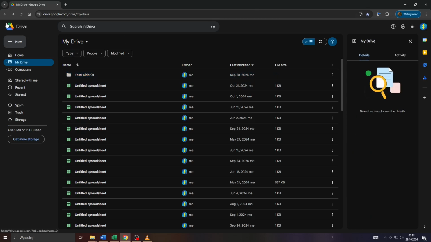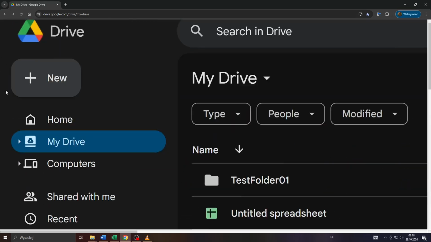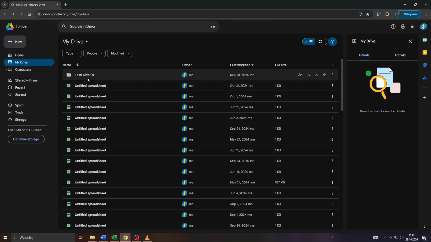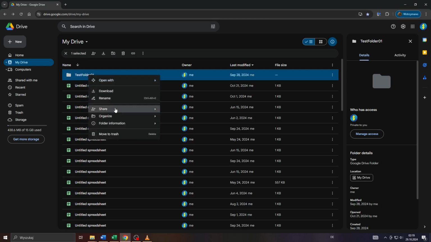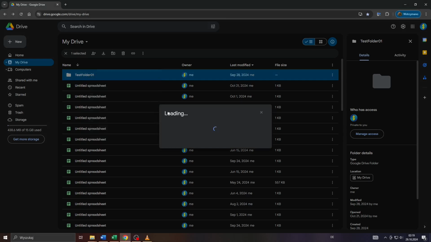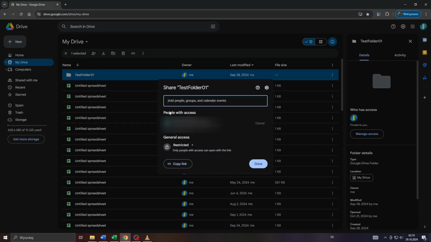All you need to do, guys, is head over to Google Drive, log into your account of course, and what you want to do next here in your My Drive section of your Google Drive account is find a folder you would like to make accessible to anyone. So I'm going to use that folder here for demonstration purposes. Right click on it. Select share from the drop-down menu, again share, and now guys this window will pop up